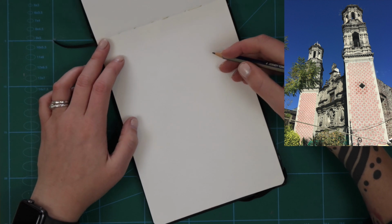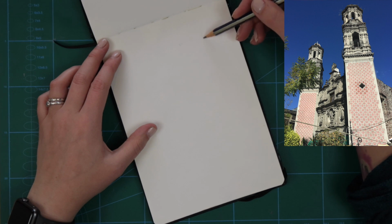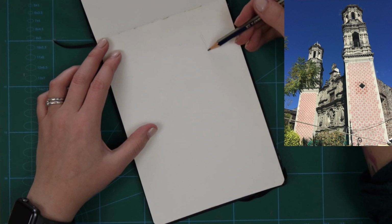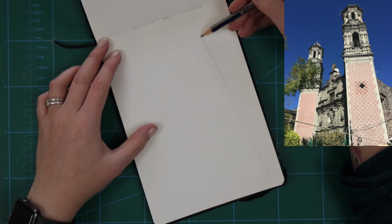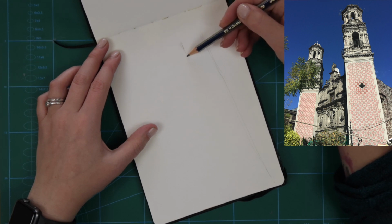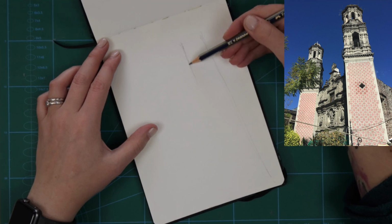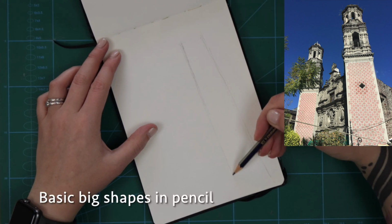So I am drawing a scene from Mexico City, or a building should I say, from Mexico City in this sketch. It is from a reference photo that I took whilst I was traveling in Mexico a few years back. And I have sketched this building a couple of times and it always comes out quite interesting and always very different. So here I am just mapping out the very big basic shapes in pencil,